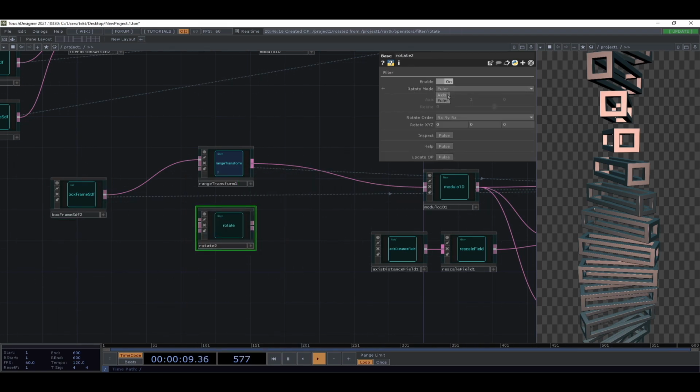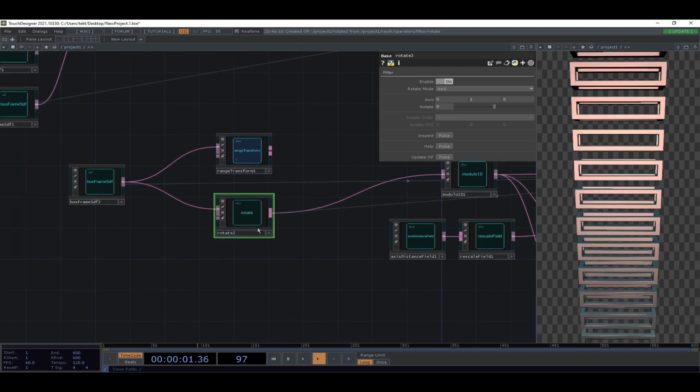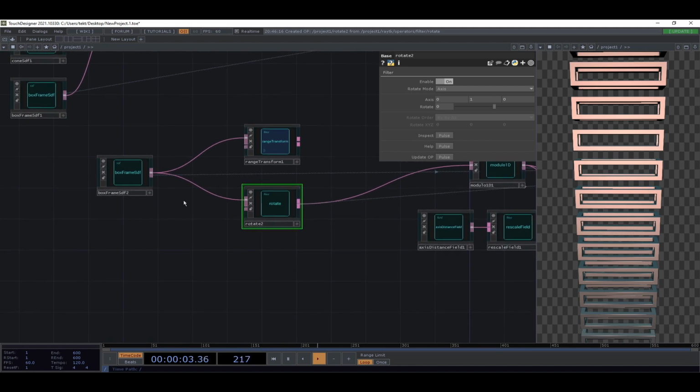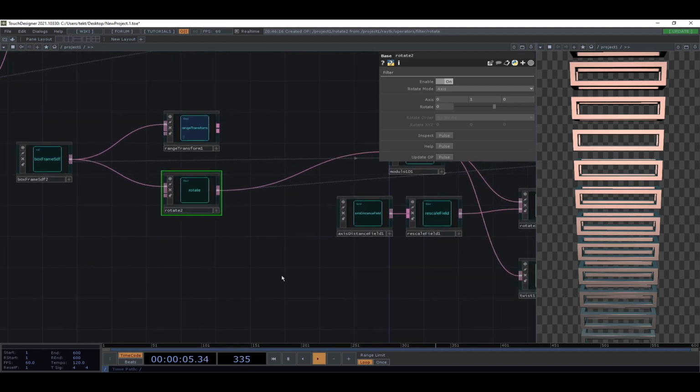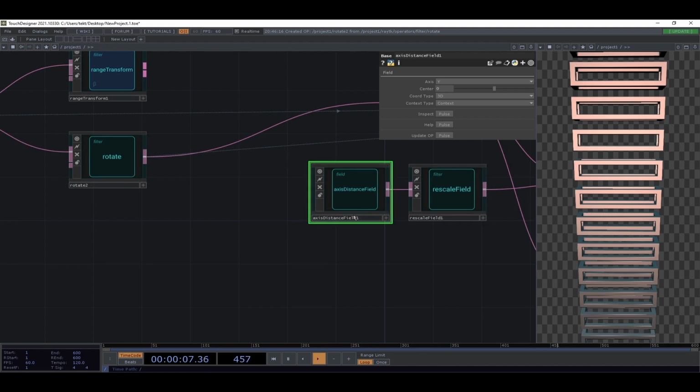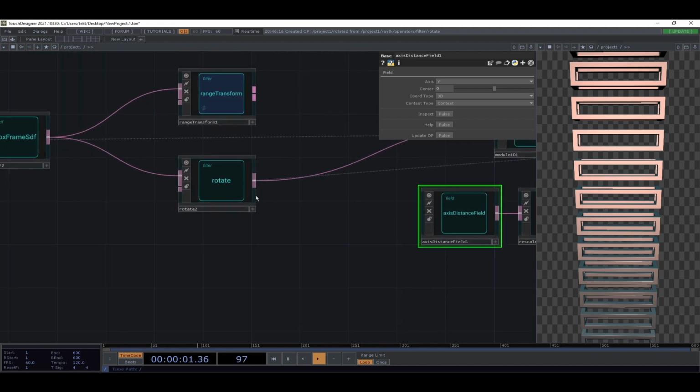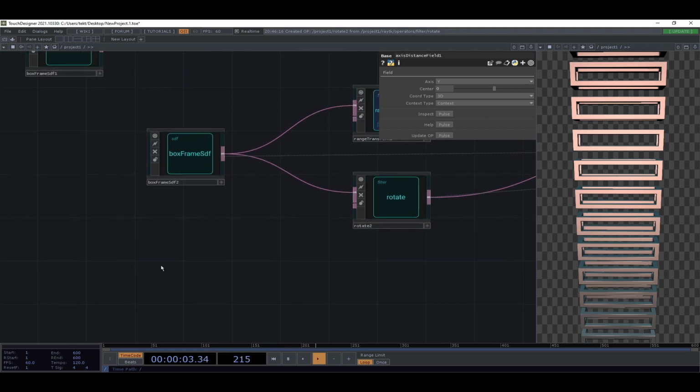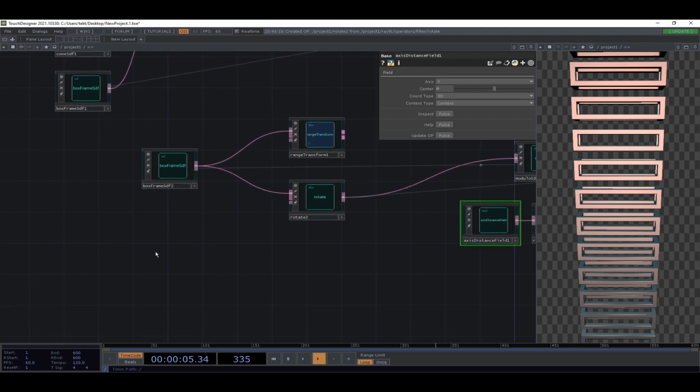Set that to axis, make sure it's the y-axis, and connect it in here instead of the range transform. And instead of using the axis distance, or just the y coordinate, to figure out how much rotation to apply, we're going to use an